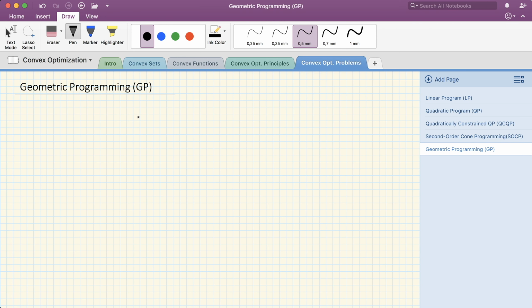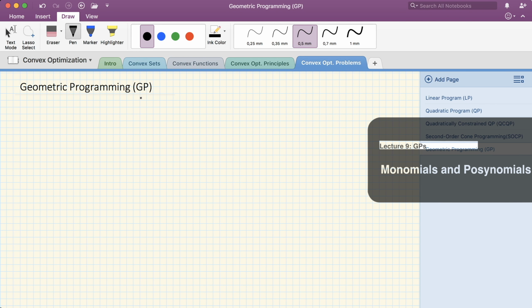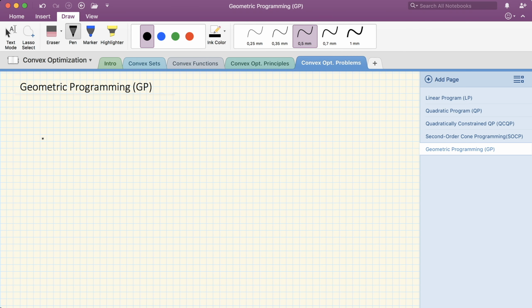Right, so geometric programming, hereby denoted by GP, is a family of optimization problems that are not convex as is. That is, in their natural form, they're not convex. But these problems could be transformed to convex optimization problems by using some simple change of variables. Now, before I go ahead and define what a GP is, we have to define some sort of mathematical functions that are called